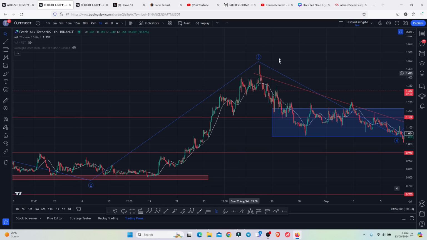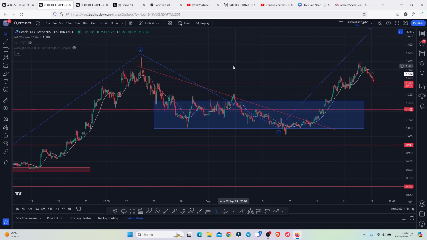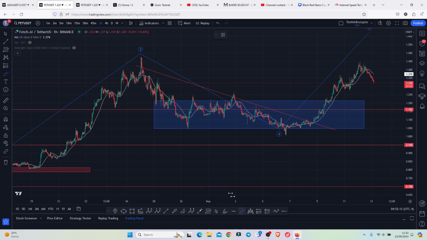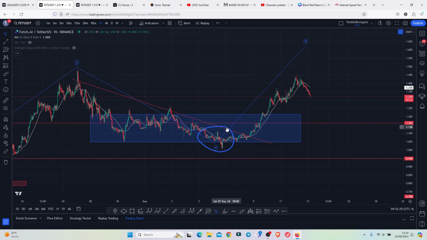And after we peaked in this wave count 3, I was expecting a bit of a pullback in wave count 4, whose minimum target areas I have highlighted here on the charts using this blue target area, an area that we have now fully maximized, and there are high chances that we now have a low in place for this wave count 4, and whatever is playing out at the moment is the start of an impulsive wave count 5,